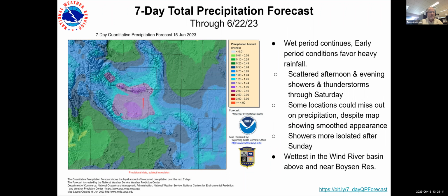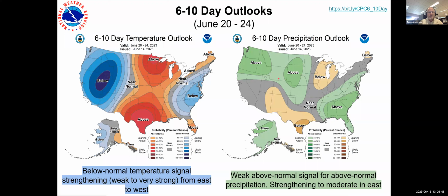And from day 6 through day 10 from now, we're looking at a below normal temperature signal that strengthens from weak to very strong as you move from east to west across the state. There's a very tight gradient in the outlook there. Moving over to the right-hand side, the precipitation outlook, not as strong a signal and certainly not as diverse a signal with that tight gradient. But the entire state is covered by a weak above normal signal,